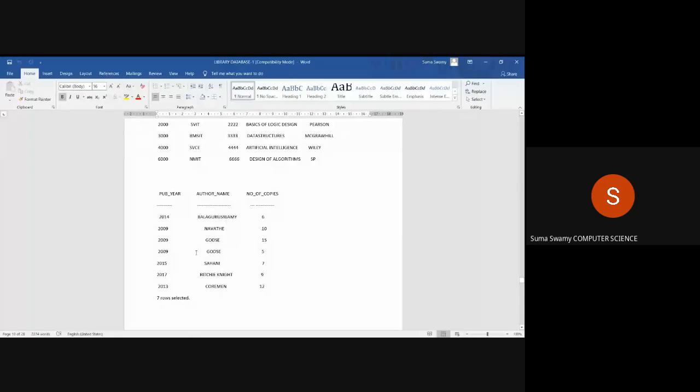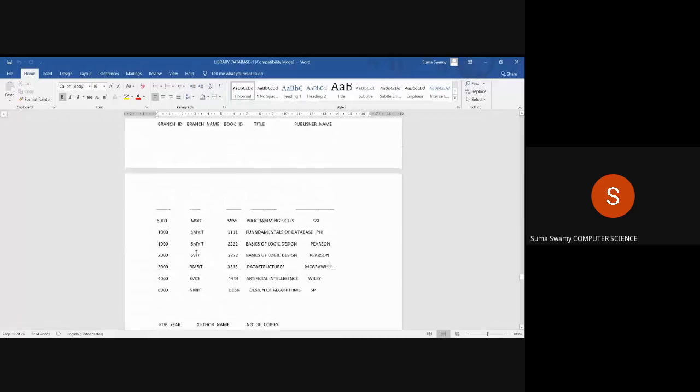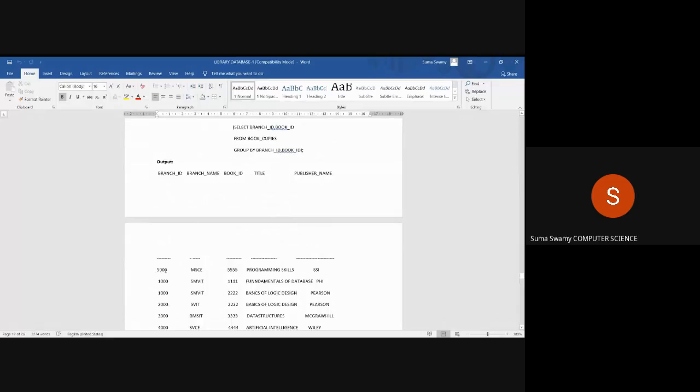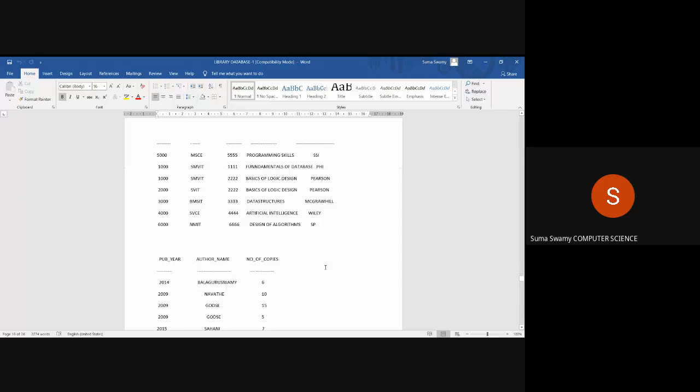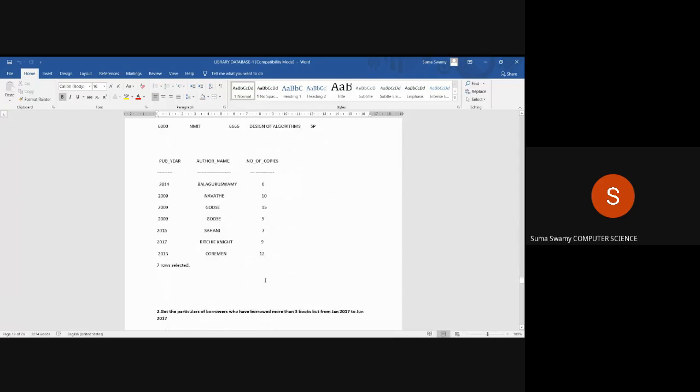How many? 7 rows you should get. That is 7 records will be displayed with respect to the program ID, program name, then book ID, title, publisher name, publication year, author name and number of copies. This is what you should get as the output. Clear about the output?